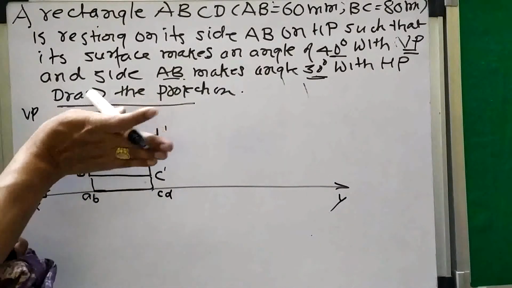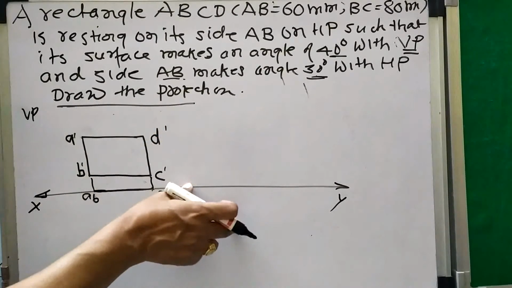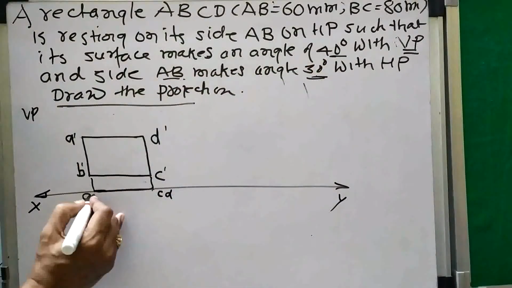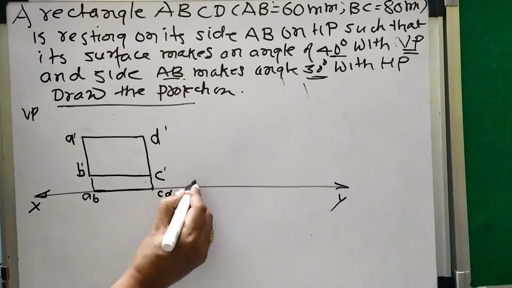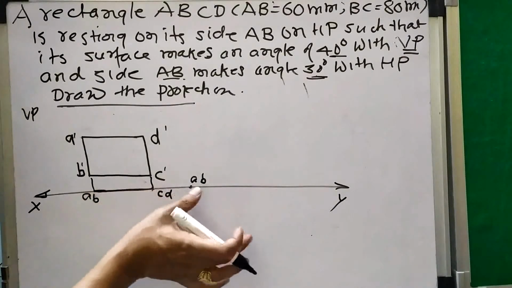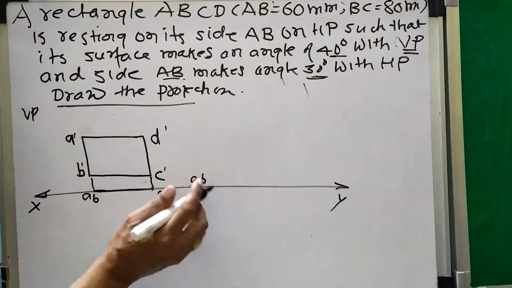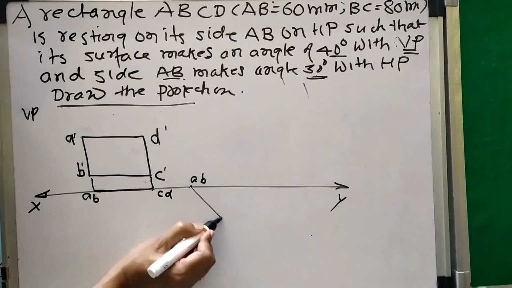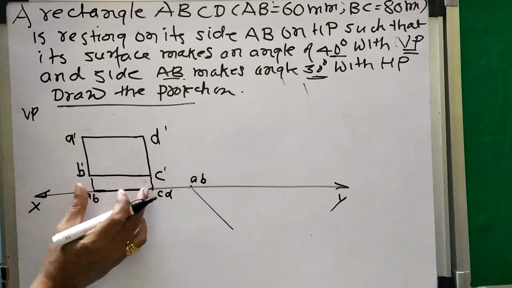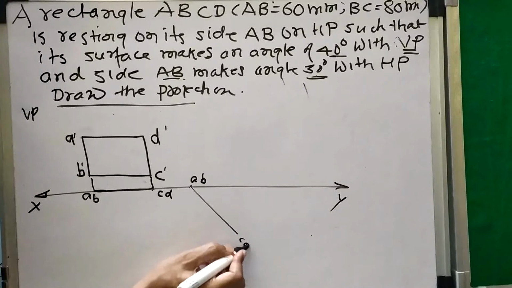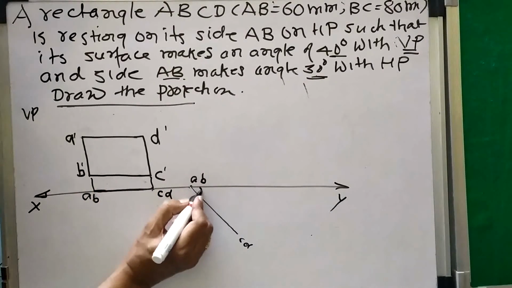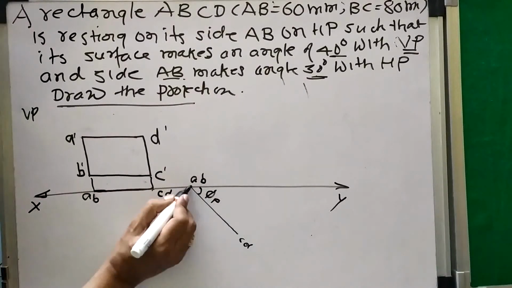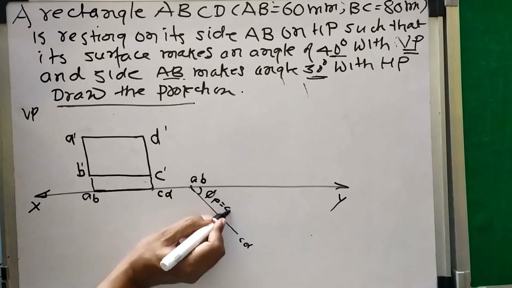When I make the surface inclined with VP, this surface will get inclined here. The VP inclination is 40 degrees, so I will take AB here and turn this inclined with VP. The VP inclination always appears in HP, as we studied in projection of lines, so we show it here. I take this AB here and this CD I will cut. This distance I will take here, and this is phi, P meaning plane angle. So this is the surface angle equal to 40 degrees.